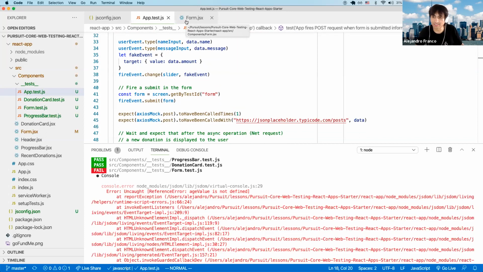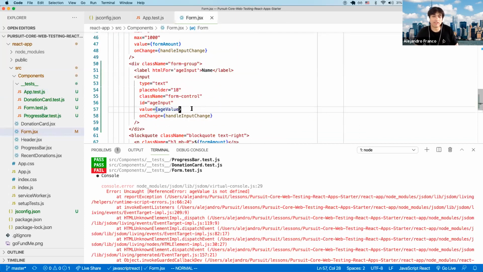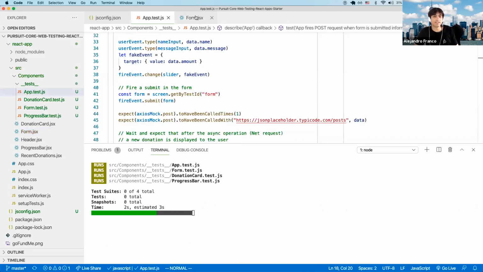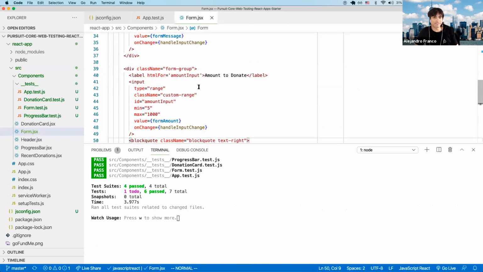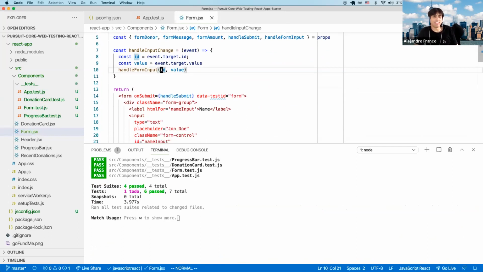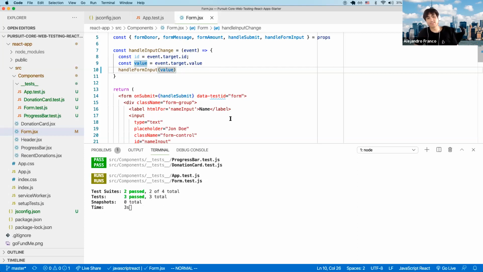I guess I wanted to do a more elaborate one. I guess a simple one is, okay, this is a simple one. What if somebody else is working on your component and they forget to pass in the ID here of the element, or they change it to pass only the ID and they did not update the component, they did not update app, and they did not update the test. If they did not do that, then once you pull and you run your test, you're going to see this error